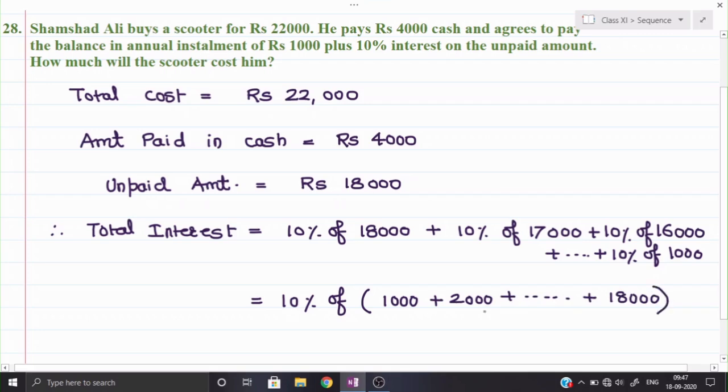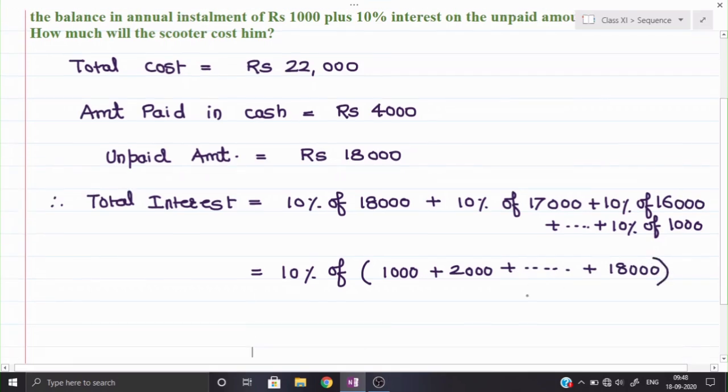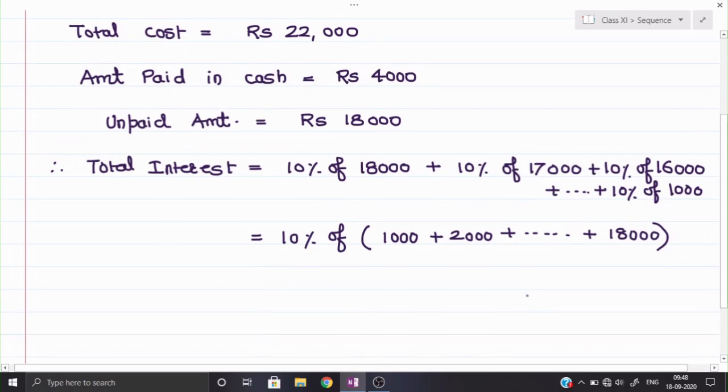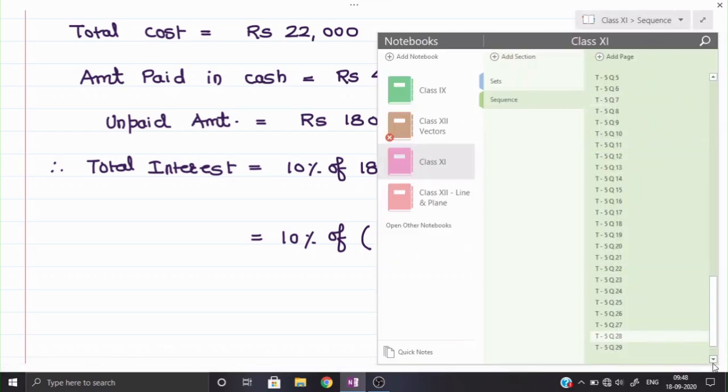Okay. Now from here, this is an AP, so first find out the sum of the AP. First find out the number of terms. However, the number of terms will be here 18 only, but better you show it by the last term formula, and then find out the sum, and then you find out the 10% of that sum which you got from the AP, and that 10% is your total interest. Add it into that 22,000, because the principal amount is here 22,000. So total principal amount he has paid, total interest he has paid, that both you compile, you will get easily the required answer. Now I hope from here easily you can solve it. So I am leaving this question for you.